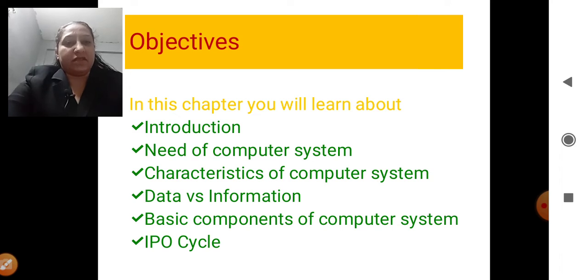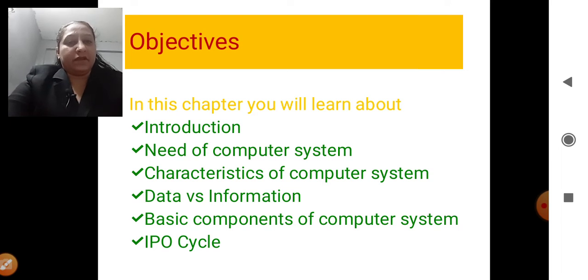Next we are going to look at the difference between the two terms data and information. Very often students get confused between the two terms data and information. So today we will clarify in detail what exactly the difference between the two terms is,